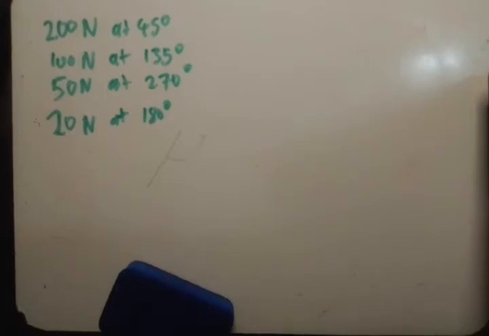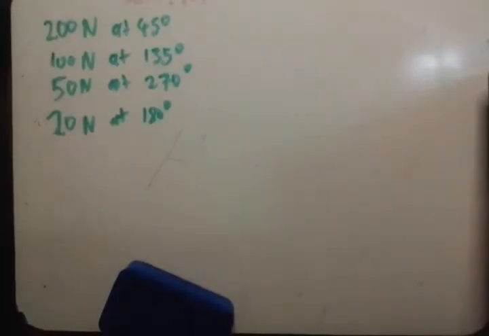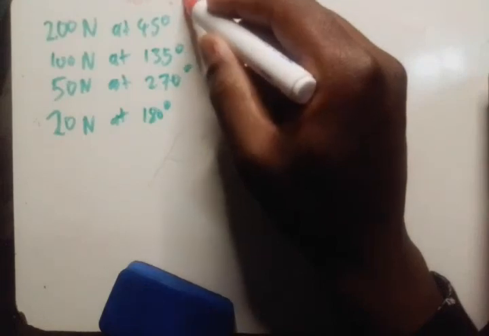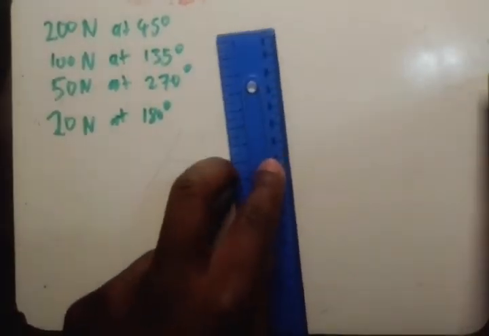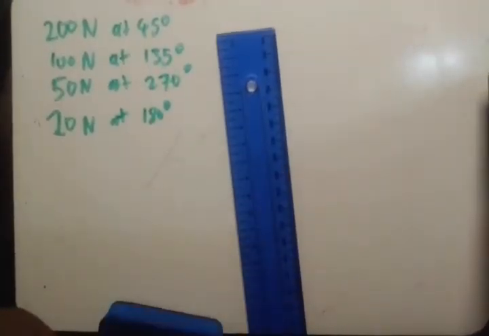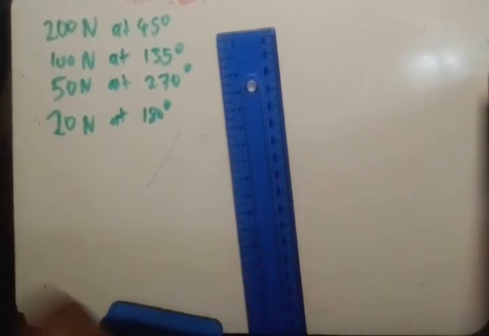My scale is going to be, let's say, 1 centimeter represents 20 newtons. In this case, 200 newtons would be 10 centimeters, right? So I'm going to have to draw a line of 10 centimeters